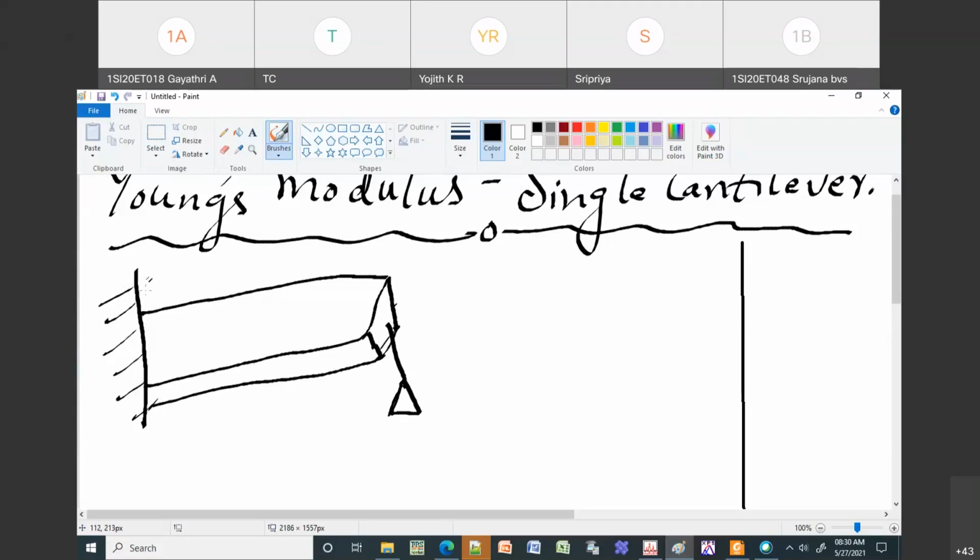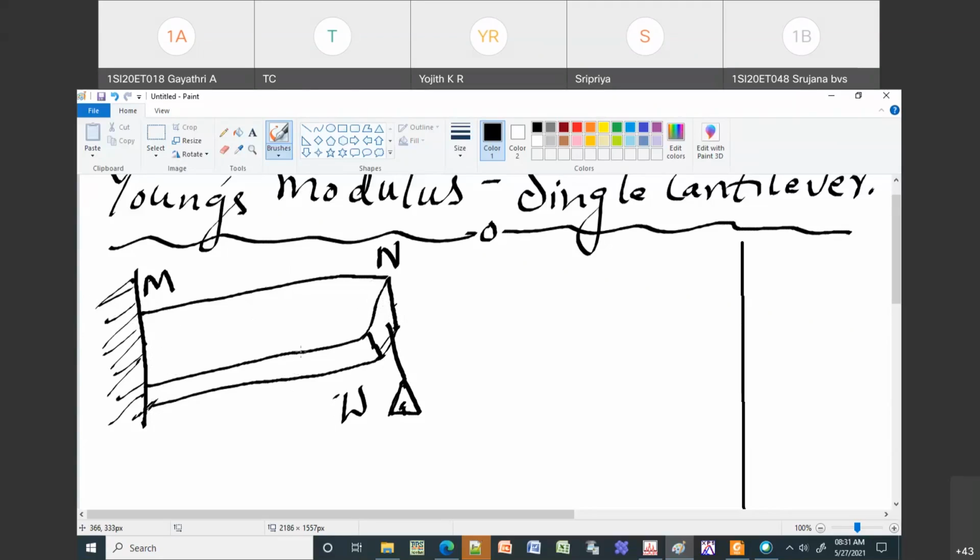If I ask you to find the Young's modulus for stainless steel, you fix one end of the stainless steel, and the other end is free. You apply the load here, and then you can find some depression, and then you can get your Young's modulus. Or if I ask you for an iron rod or some other copper rod, you fix one end of the rod and apply the load on the other end, so it becomes a single cantilever. It can be any material. It doesn't have to be only a stainless steel scale or something like that.